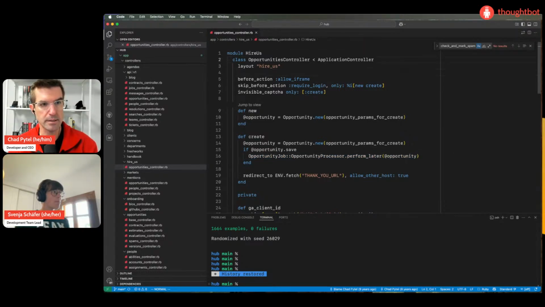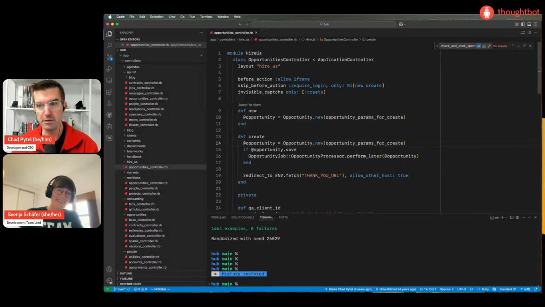This is the controller that receives the initial form submissions, and it saves it. Generally speaking, it's very important that every form submission successfully gets saved.